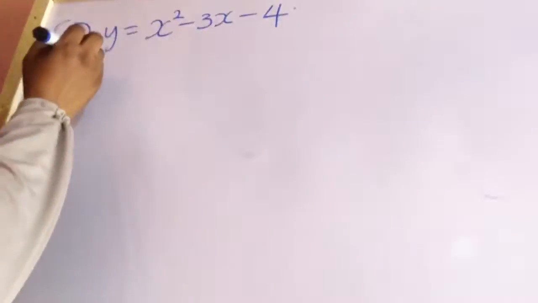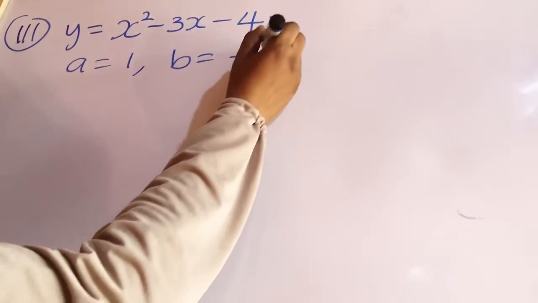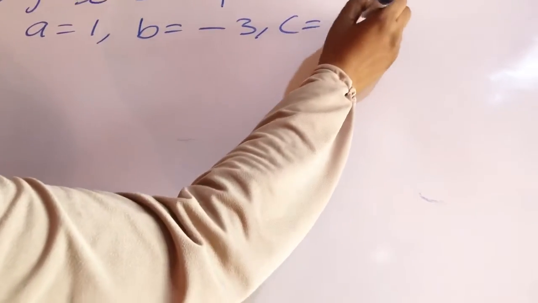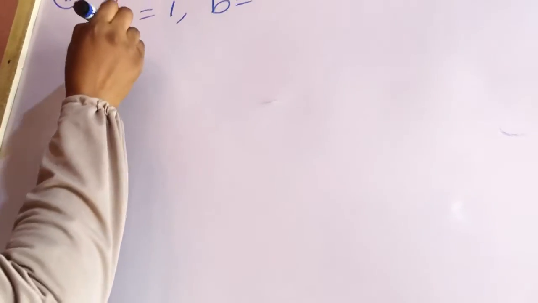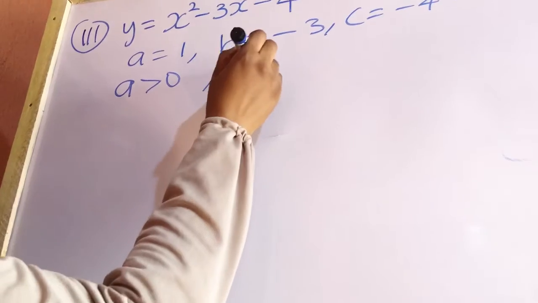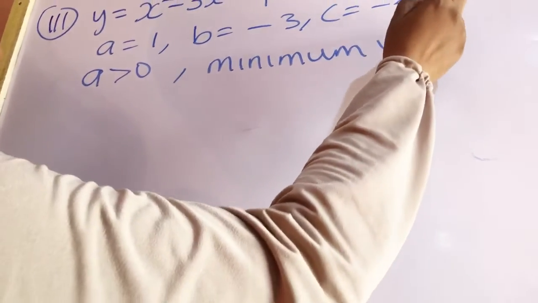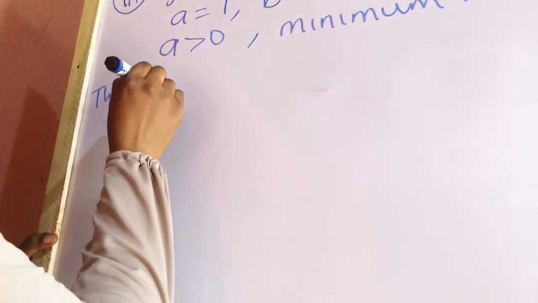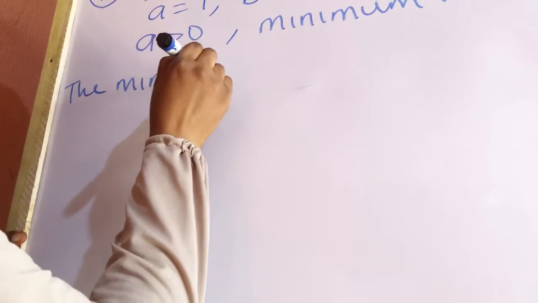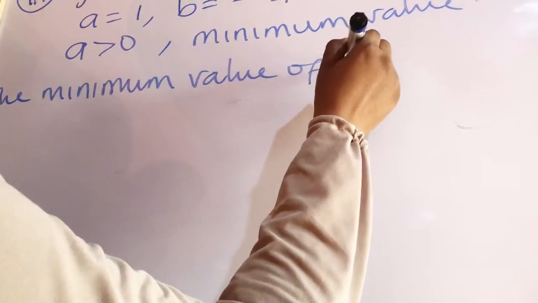Number 3. From here, a is equal to 1, b is equal to minus 3, and c is equal to minus 4. So we have a greater than 0. That will be a minimum value. So the minimum value of y will now be equal to